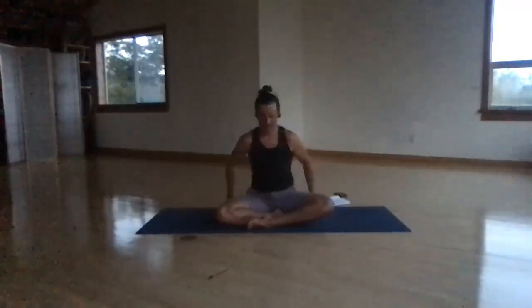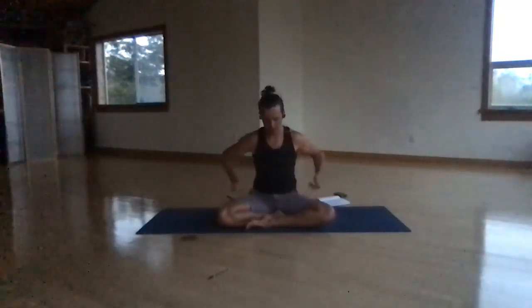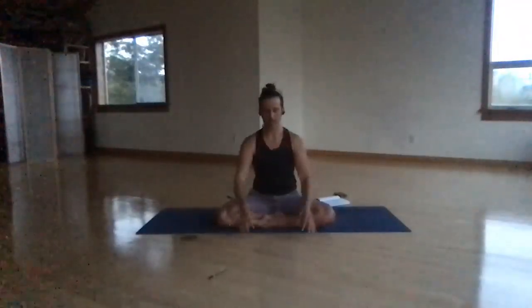Great, and then we're gonna sit nice and tall. You're gonna sit forward on that bolster, so your hips are already kind of rolling forward, right? Which is already asking us to lean forward. So keeping the chest open and the collarbones wide, you're gonna walk your hands out forward in front of you,